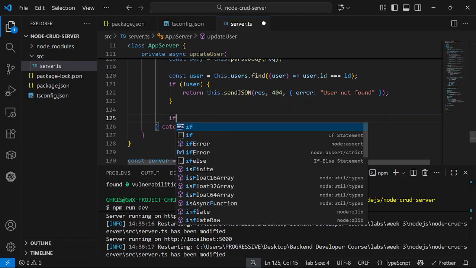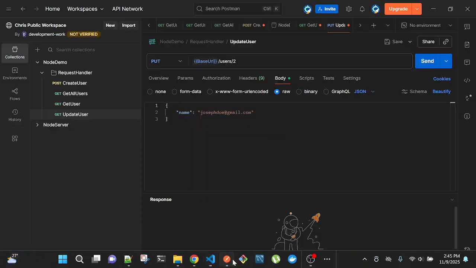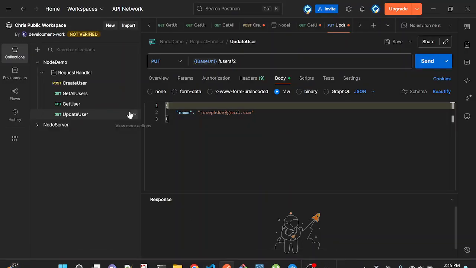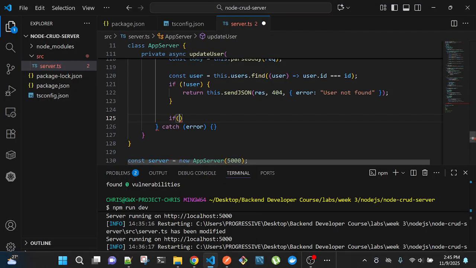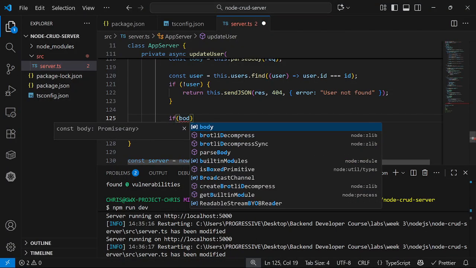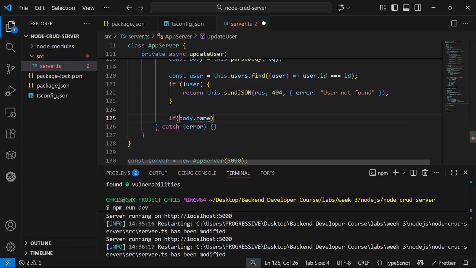Then if the user is found, I will now check what was sent from the server. Is it in the body, is it the name or the email? What is this request trying to change, what is the user trying to update? Is it the name or the email? Because you can send the name or you can send the email here. So I will check: is it name that I sent? If it is name,